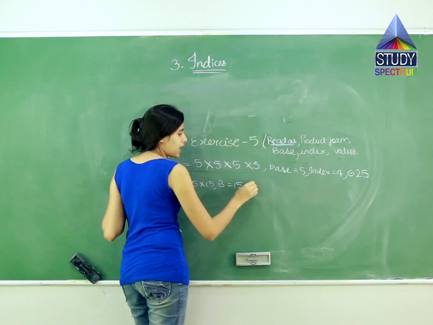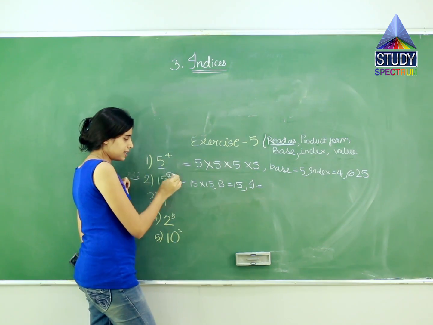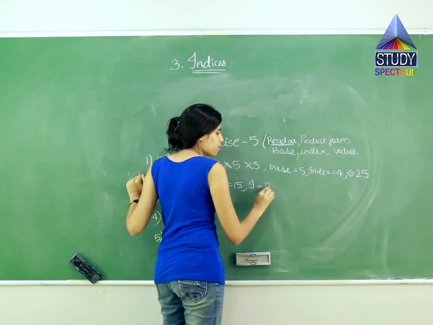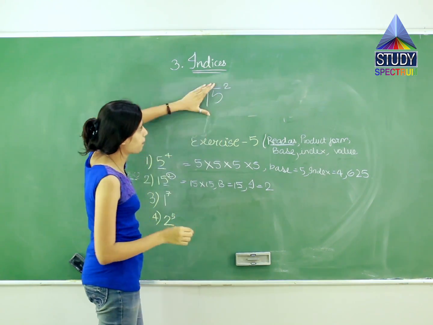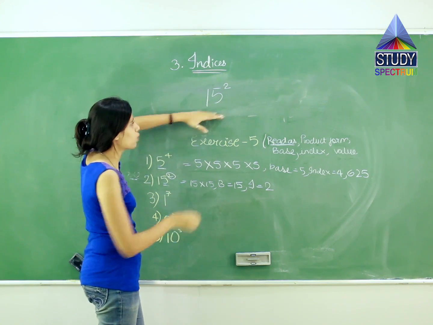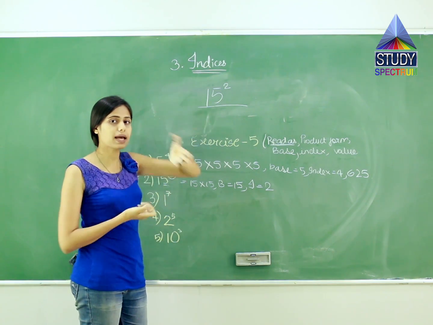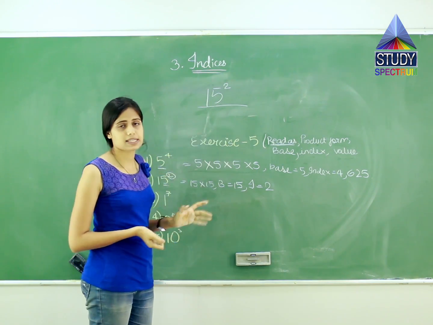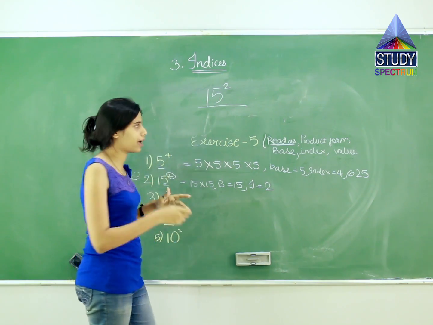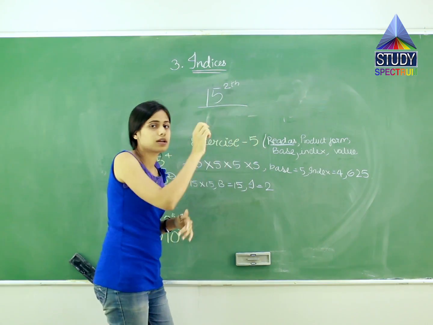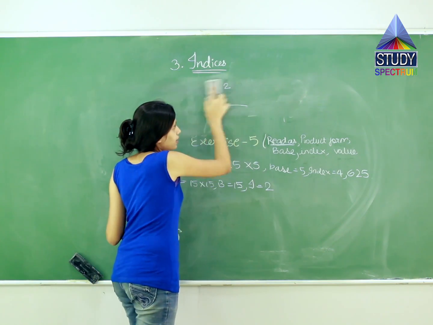And index. Now they are asking for index. Index is what? Look over here. What is given above? 2. So what is index? 2. I already told you, if this is the type of question, this will be the base: the number that is bigger and written below, touching the line. And the number above it, representing how many times it has to be multiplied, is the index, and it is written in relatively smaller size and above it. Like the size of this 2 right now, it is above the 15. So that is what index is.